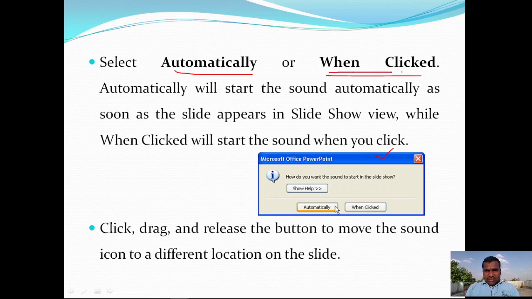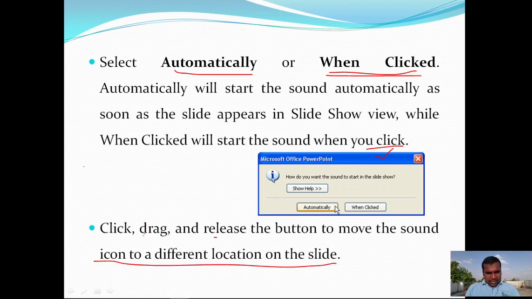Whenever you choose the when clicked option, it will start the sound when you perform the click operation, with the help of the mouse, the navigation arrow button, or the mouse left click button. Then click and drag, and release the button to move the sound icon into a different location on the slide.